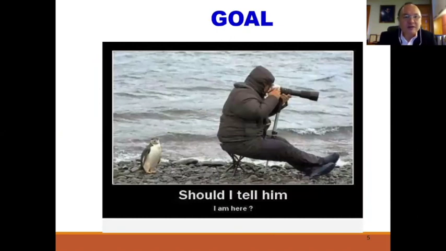You look at the penguin here. The penguin always says, should I tell him I'm here? And you are looking somewhere else. That means you are not following your financial goal. Some may not agree with me and say, no, I have my financial goal, I know what I am doing. But my next question is, do you have someone to supervise you, or someone to monitor your progress? If your answer is no,